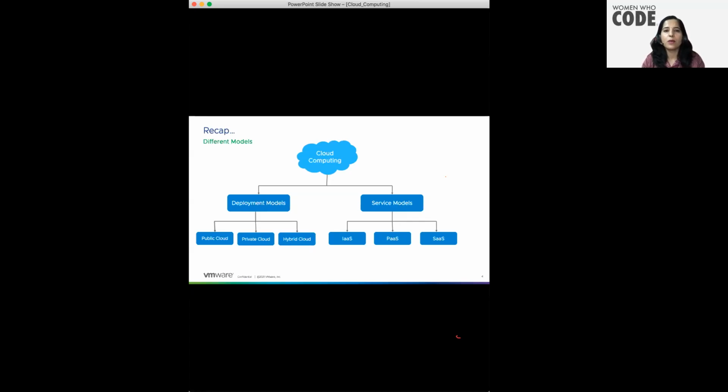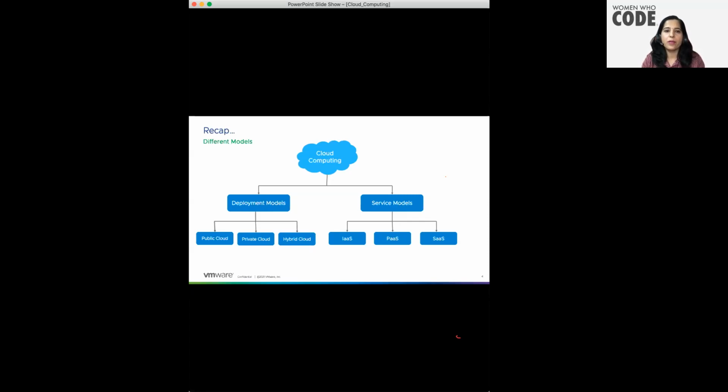In the case of public cloud, all hardware, software, and all other supporting infrastructure are owned and managed by the cloud service provider itself. Resources can be shared among different customers, so these are resources which can be accessed by different customers. And since the resources are shared, the cost of renting a public cloud reduces. There are multiple providers which provide public cloud. Microsoft Azure is one, Amazon is the other one.